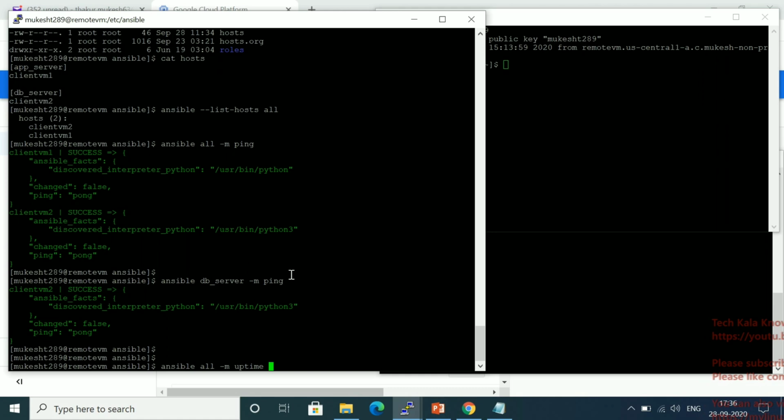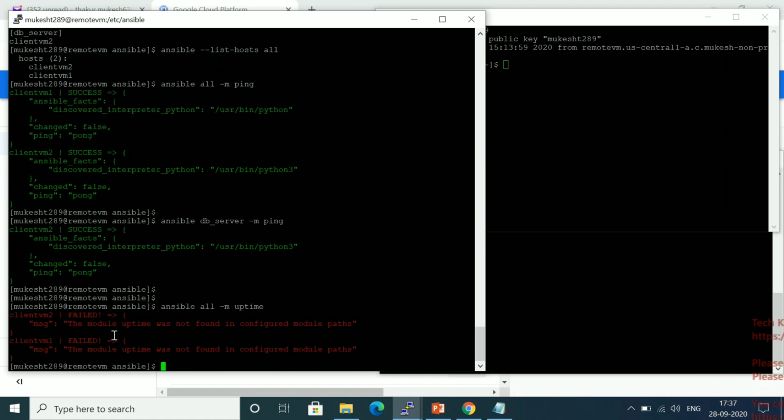You can see it's showing a failure. Why? Because the message says the module uptime was not found in the configuration module path. So this module is not found in the configuration. What do we have to do?